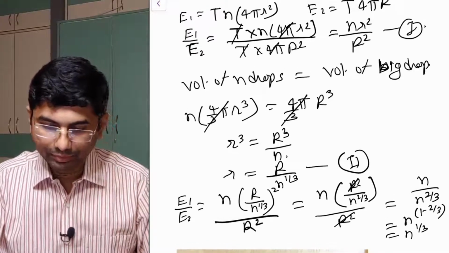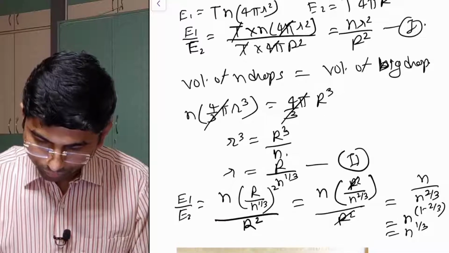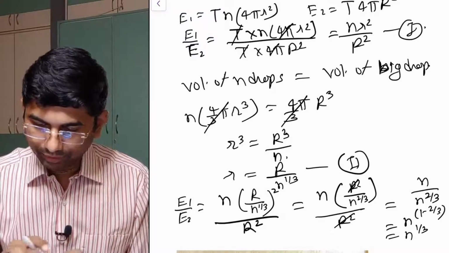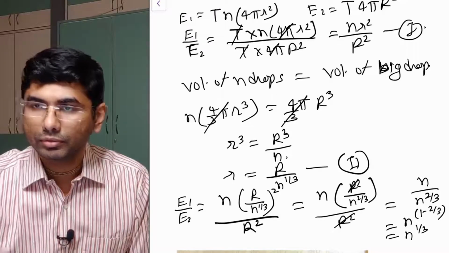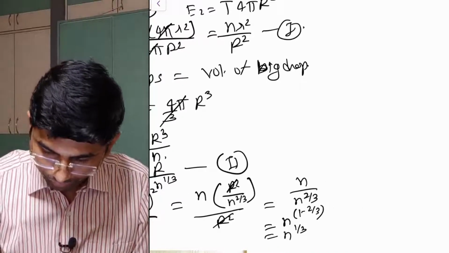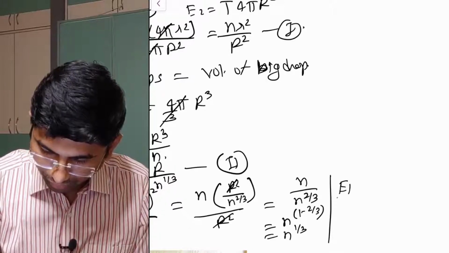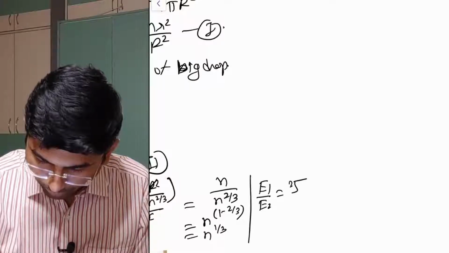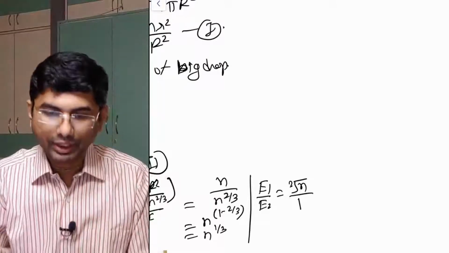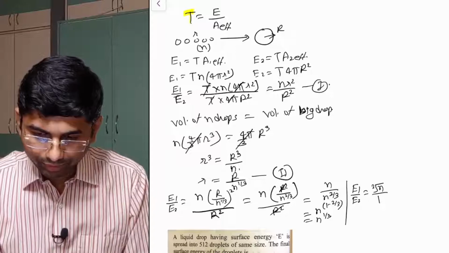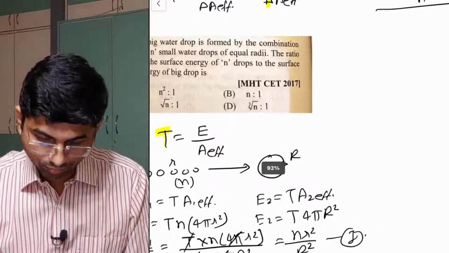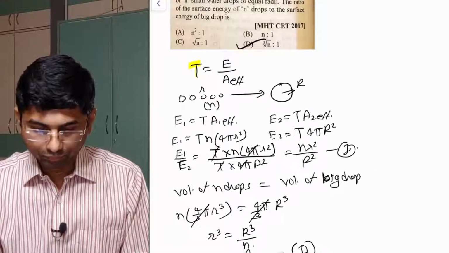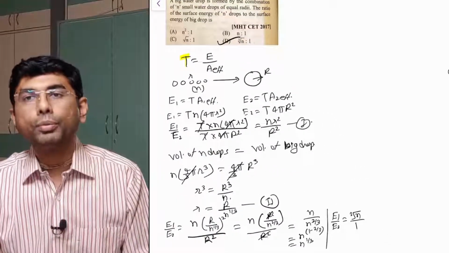Now that's the relationship. In terms of ratio, I need a little more space here, I'll just write it down here. Therefore, I can say E1 upon E2 is equal to cube root of n upon 1. That's the ratio. Therefore, my answer will be option number D. Hopefully the things are clear.